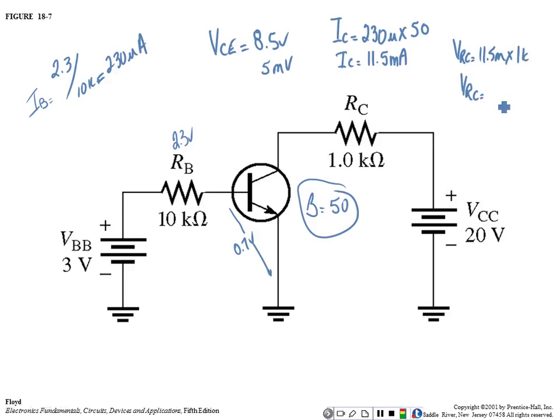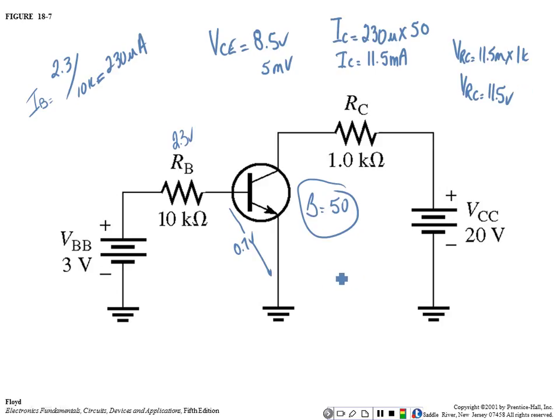So VRC would be equal to 11.5 volts, which is not the voltage collector to emitter. That's the voltage drop across that resistor, right? You understand? So what I have, and I don't know how many circuits like this you worked in DC, which I guarantee you worked a few,